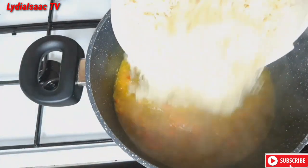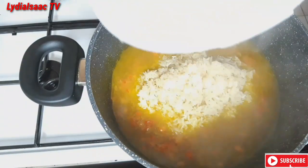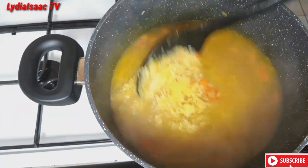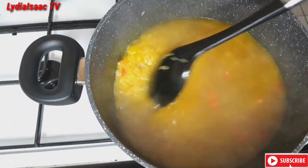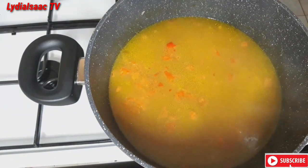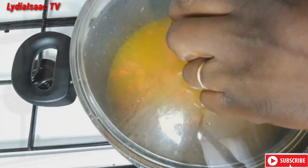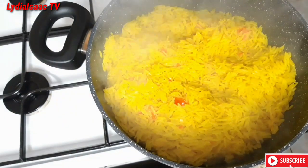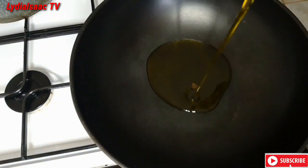So you can see here I already washed my rice in hot running water in order to take off some excess starch. I just run the boiling water on it, cover it for 2 minutes, then I make sure I wash it properly to take off the excess starch. So at this point you can see my rice is already cooked. I'm going to set it aside